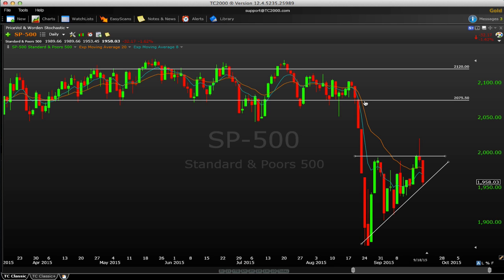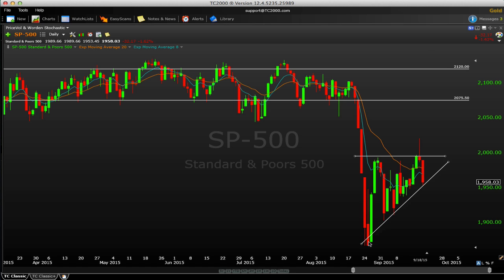The point is we had a strong impulse leg to the downside after we broke through support, and now we crawled up for the past couple of weeks to about the 50 to 60% retrace. And now, with the way we ended last week, we are back here at the lower end of this rising trend line. So the question becomes, do we hold this or do we see a break and potential sharp move down, a second leg lower, a retest of these lows? That's all basically what we're looking at.